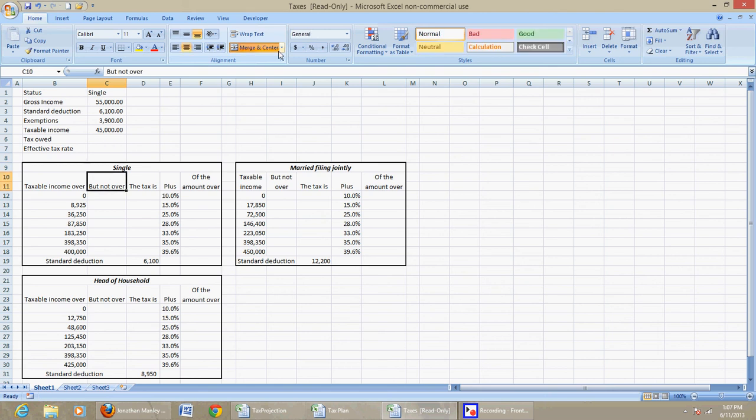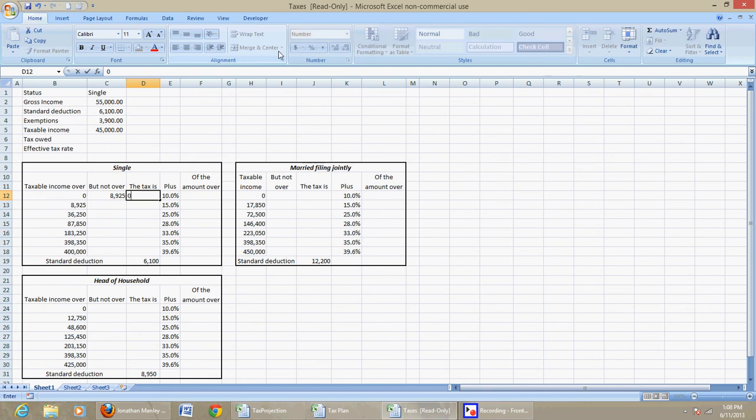Now, think of the standpoint of you're working for a congressman who's on the budget committee trying to come up with what taxes should be. So we're going to choose these tax brackets and these tax rates, and here's what we start with first. But what we want to do is make this easy to change, as easy as possible to change. So what I can do is this: I can say your taxable income is, if it's over $0 but not over